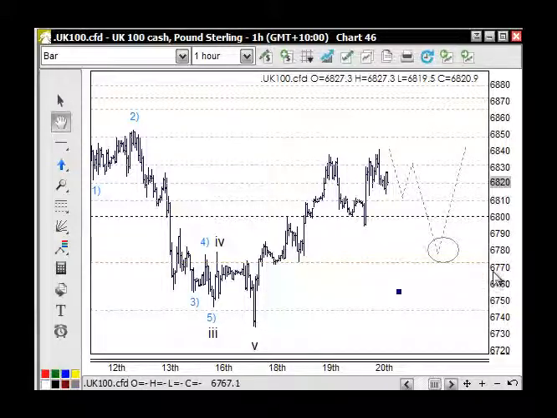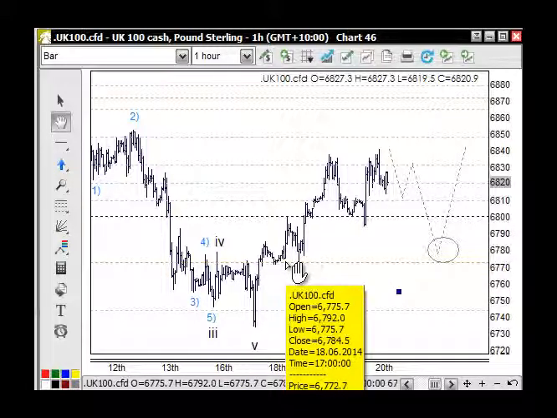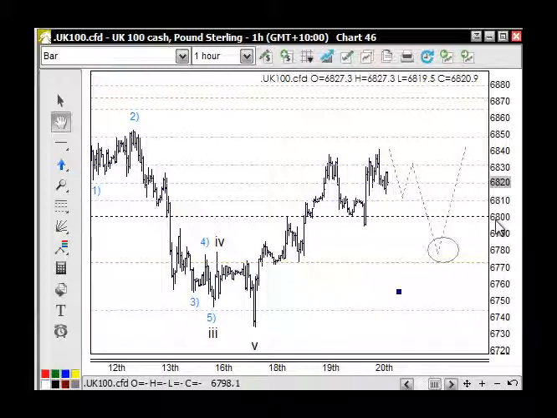Secondly, finding this very important number here, the 6772, as support, and that's come in. And then we're looking for support on the 6800, which has come in. This move up through here, well, I could count it as 5 waves in terms of 1 and 2 and 3 and 4 and 5 here. And if that is the case, then we could expect a 50-60% retracement level back down into this sort of area through here before we see any upside.